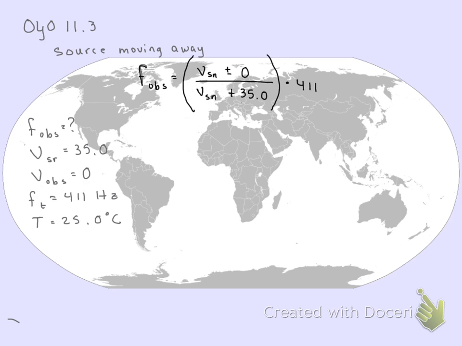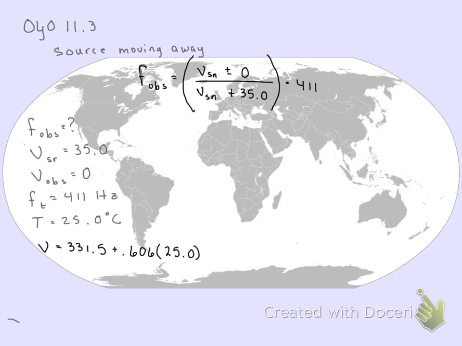So we are going to use the velocity of sound equation and follow the rules for using it. That's the equation for the velocity of sound. What we're going to do is fill in the temperature